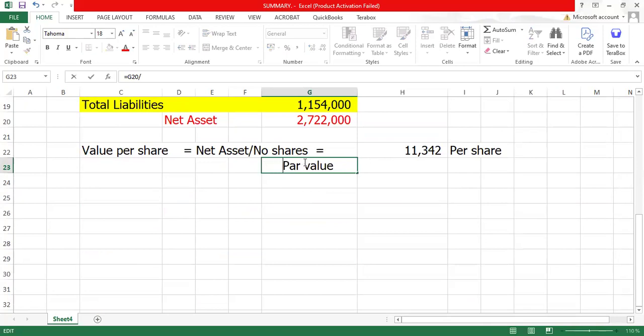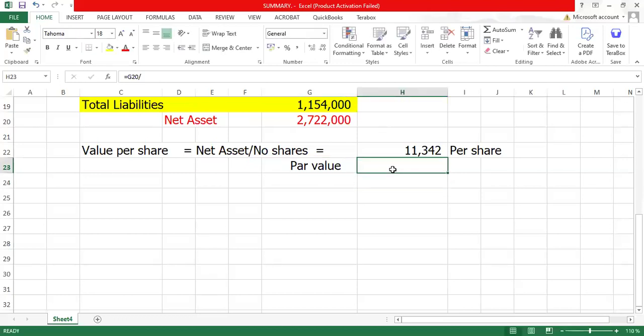Yeah, true. So you look at the market price now, then you compare it with the par value and see whether indeed this company is in a good position. Okay, and here the par value is 10,000. Since the value per share now is higher than the par value, then here you can go ahead and actually acquire it. Okay, so we go to the next method,